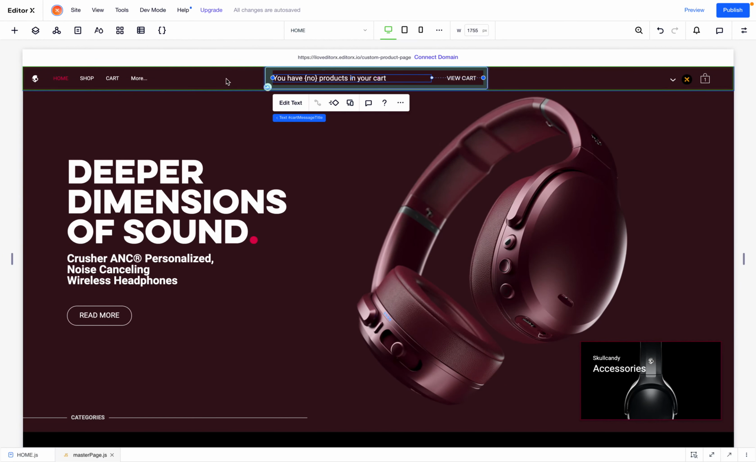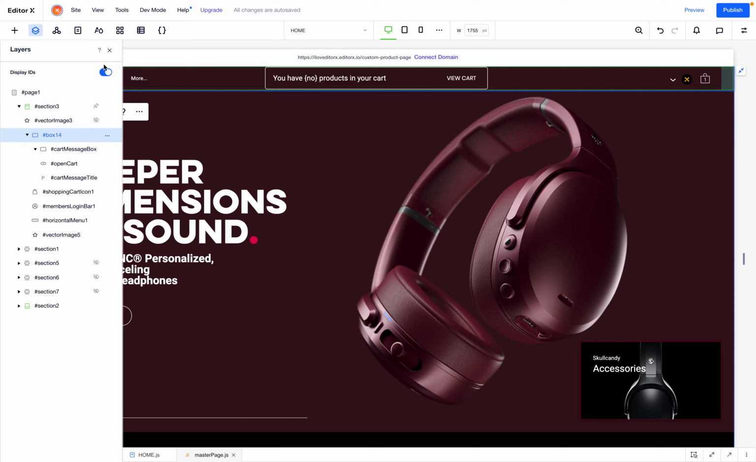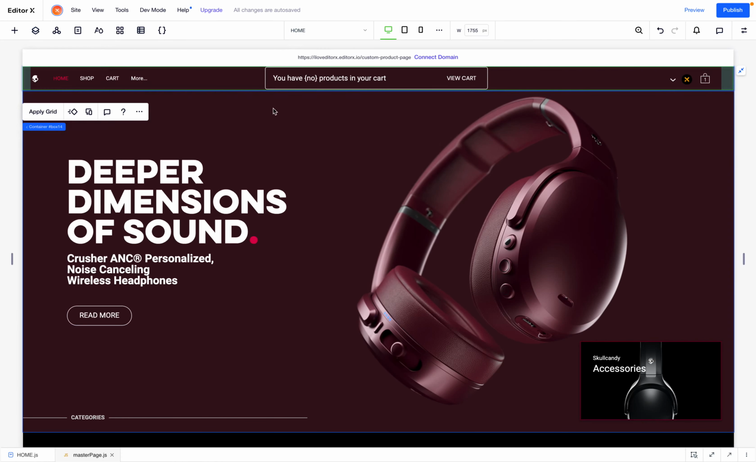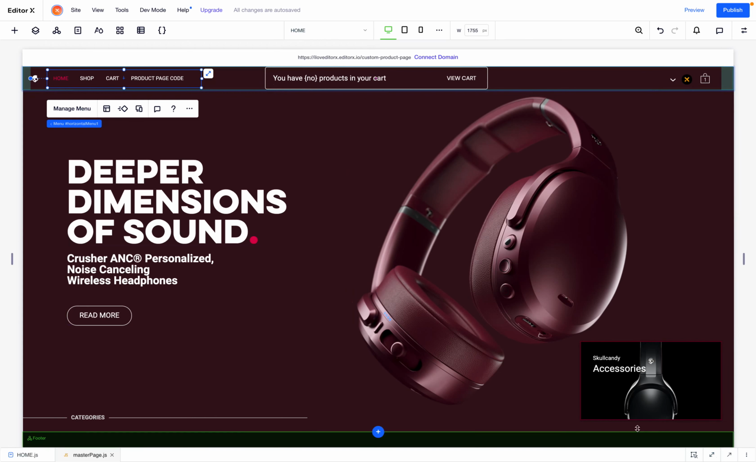And you can see that this container is inside the header, which is a master section. This is because I need access to this message from all my pages. So this is why I put it in the header, so that I know that it exists on all the pages that I have. Okay, so if we are talking about an element that is located inside the master, we need to put the code